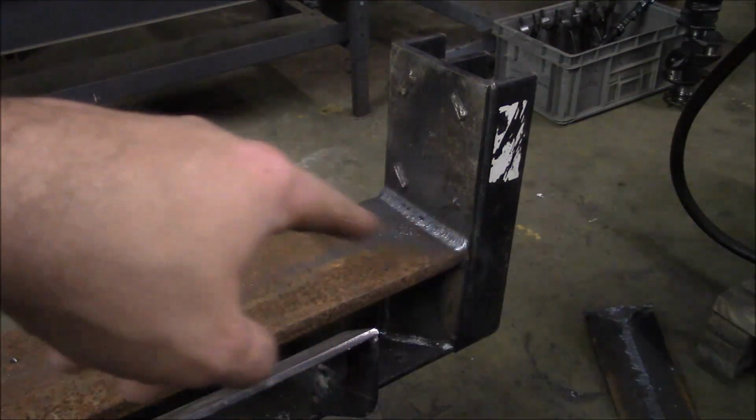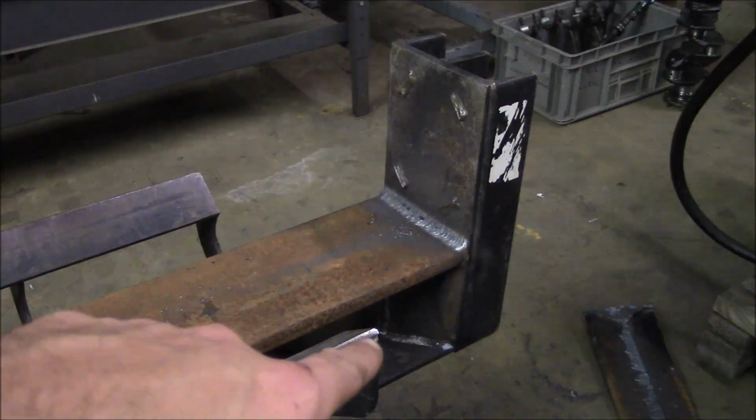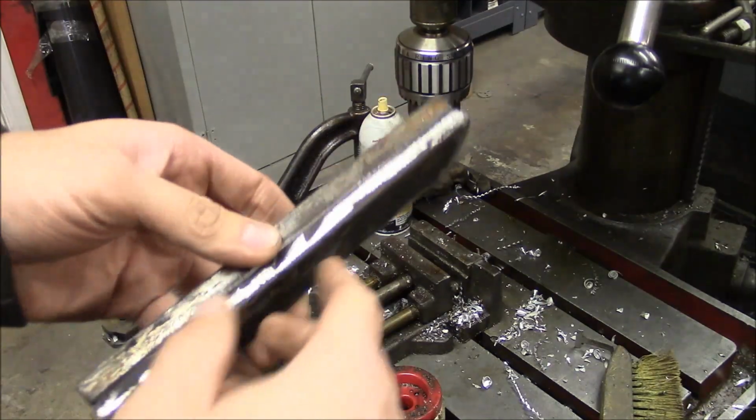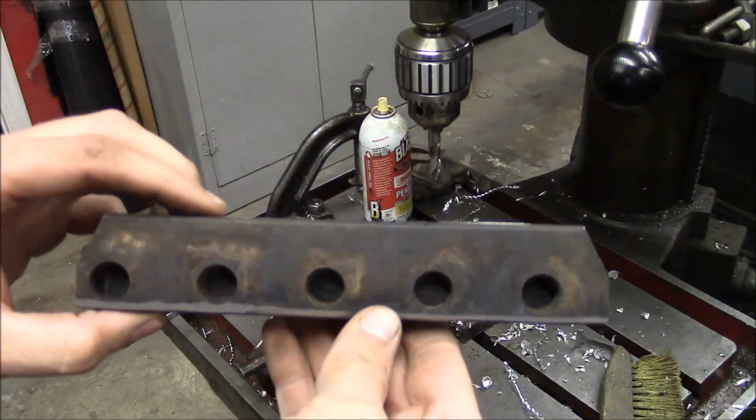Okay, nice big weave pass on the top here, and then I got the angle brackets welded in either side, and I think that we're done with the welding on the actual frame, and now I have to work on the wedge. So I took this spacer that goes underneath the wedge,